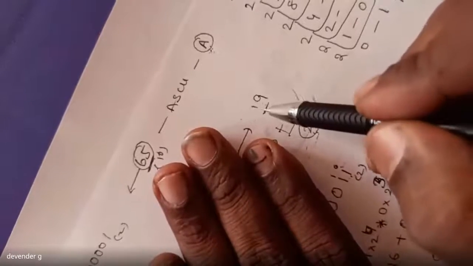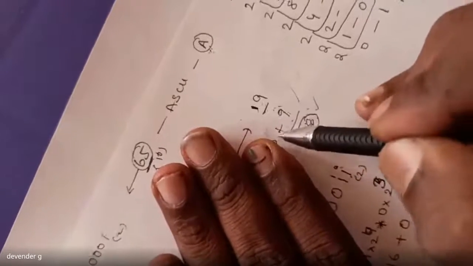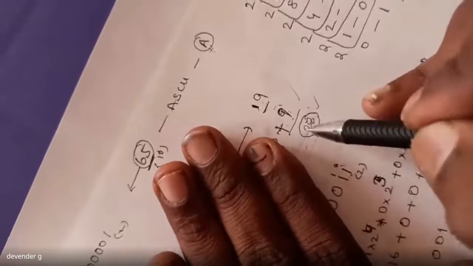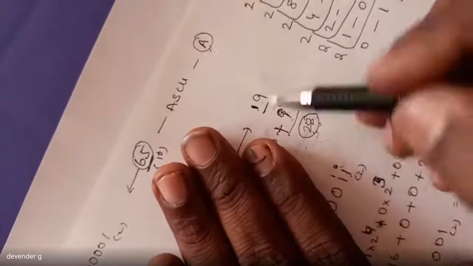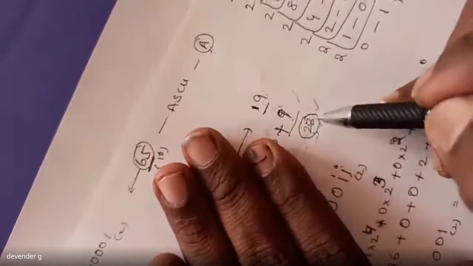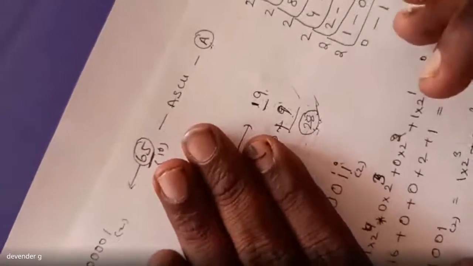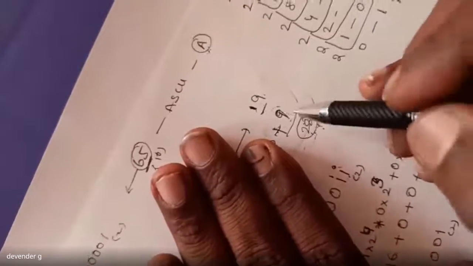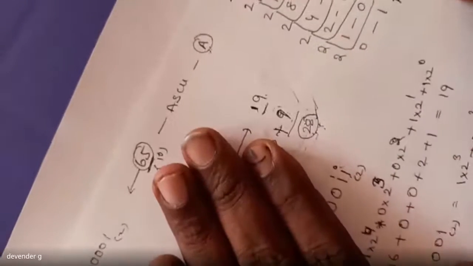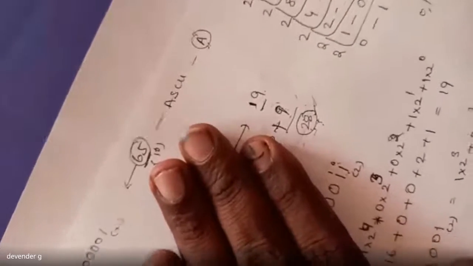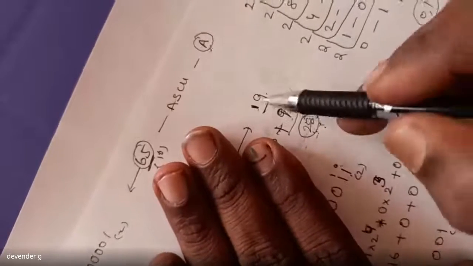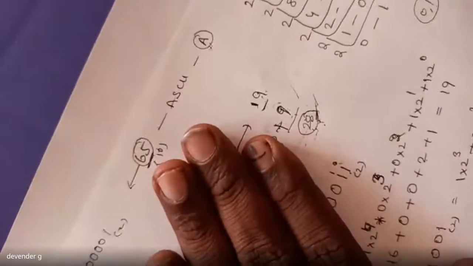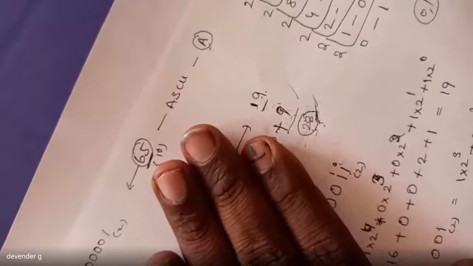Whenever I type 19 in my computer and press the plus button and say 9, automatically it will give me the answer on my screen, 28. Or if you use your calculator or mobile, when I type this, automatically I'll get this output. Is it right? Yes, sir. So how will this be taken by the system? Because any electronic device only understands binary digits, only 0 and 1. So how will it get that answer? Whenever I'm typing this, how is it giving me the answer as 28?